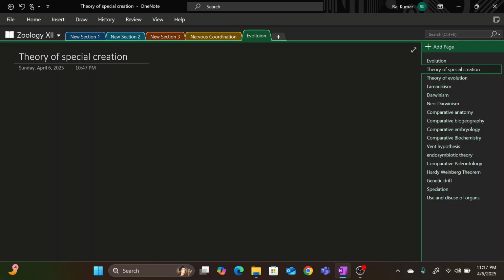The first school of thought is the theory of special creation. The theory of special creation deals with the idea that every organism, every species that is here on Earth, is unique in its own way. It is not mutated, it is immutable. Every species is immutable, which means that they have been